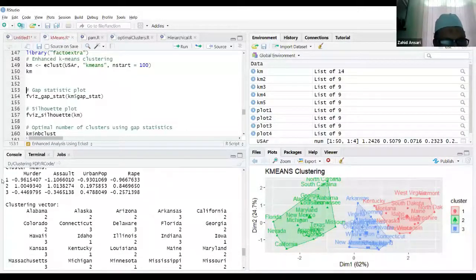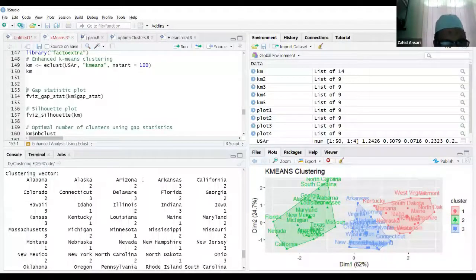Okay. So the cluster centers are there, 1, 2, 3. See over here. Then the clustering vector is also there. So for every state, we see Alabama is in cluster 2, Hawaii is in cluster 3, while Maine is in cluster 1, Maryland is in cluster 2, like that.